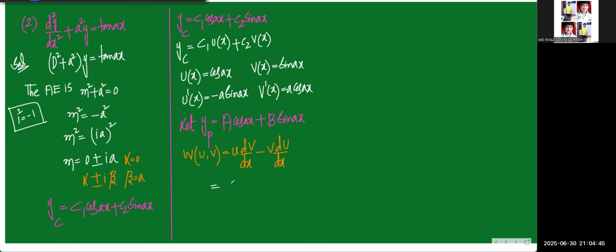u of x is cos ax. Derivative v dash, this value is here a, we write cos into cos, cos square ax, minus v value is sin ax. Derivative u dash is minus, so minus into minus plus a, sin square. Now that is equal to a common, cos square ax plus sin square ax, and we know that sin square